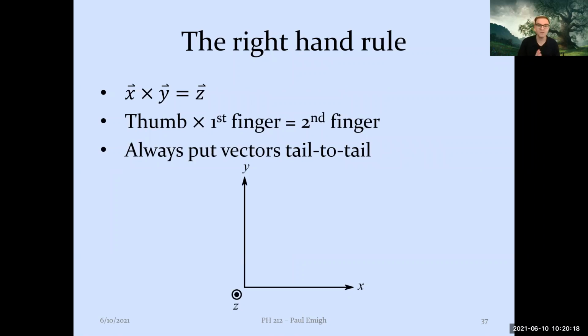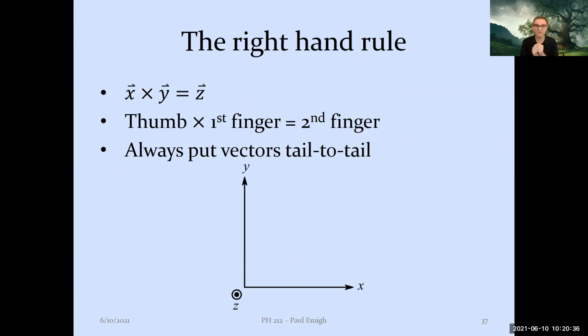The way that we're going to do this is using something called the right hand rule. So you'll want to follow along with me a little bit with your right hand. The right hand rule can be used for every single cross product that you ever encounter. And the way to remember it is you put the letters in order, X, Y, and Z, and then you